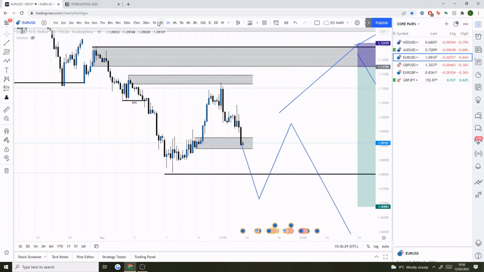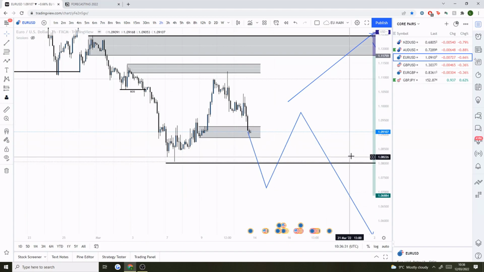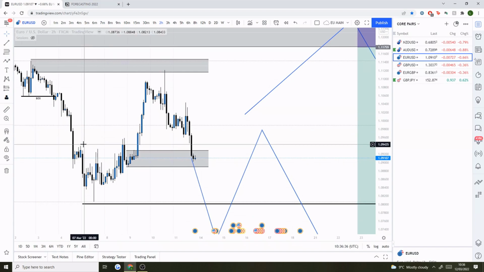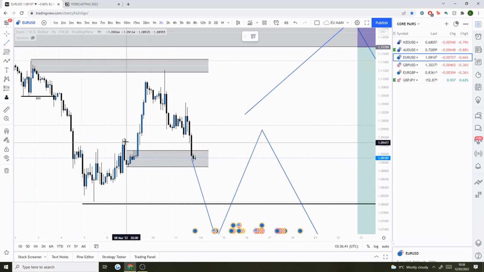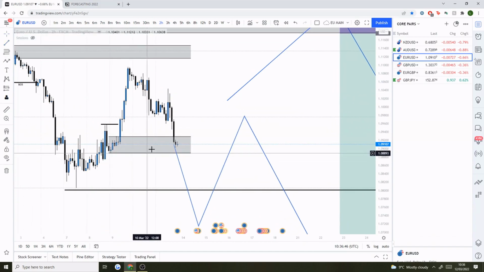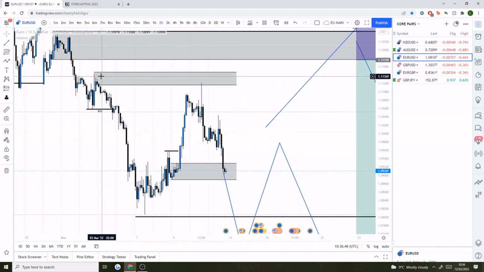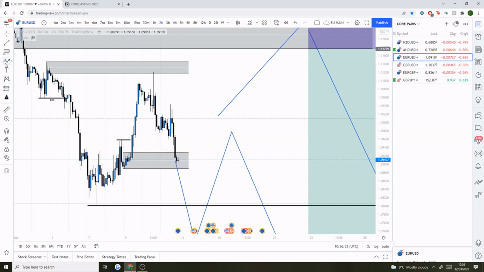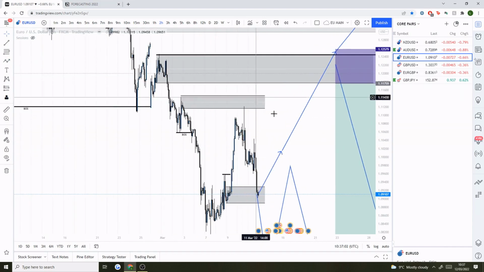Now, alternatively, and looking at the 2-hour, what we can see is that on the 2-hour, we've had this impulsive bullish move here, and the structure's broke, but I've not marked it on. So we basically had the break of structure there, which was caused by this demand area here. So in terms of the reaction off there, because we've not violated this yet, it's still possible that we're going to react off this demand zone and then continue higher to then take us up to these other areas.